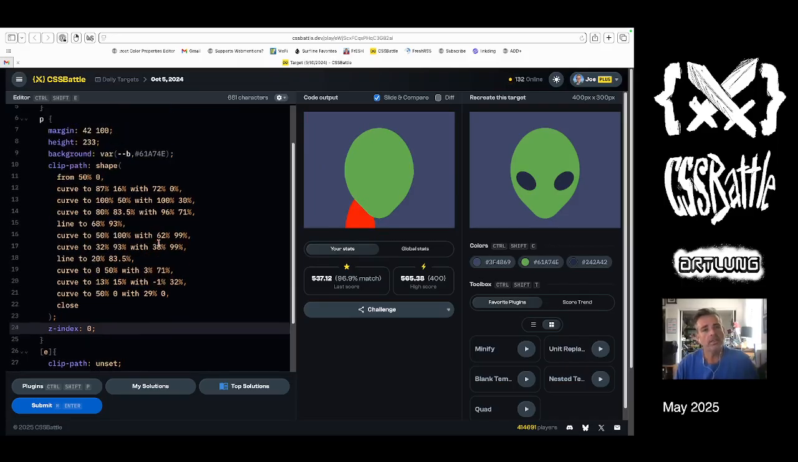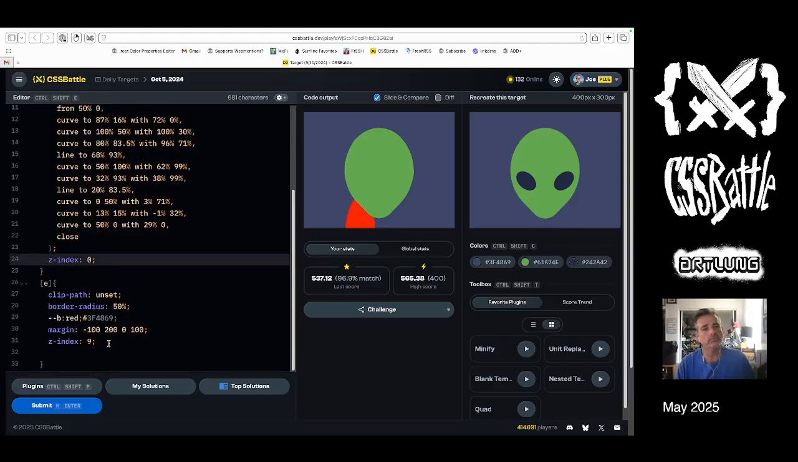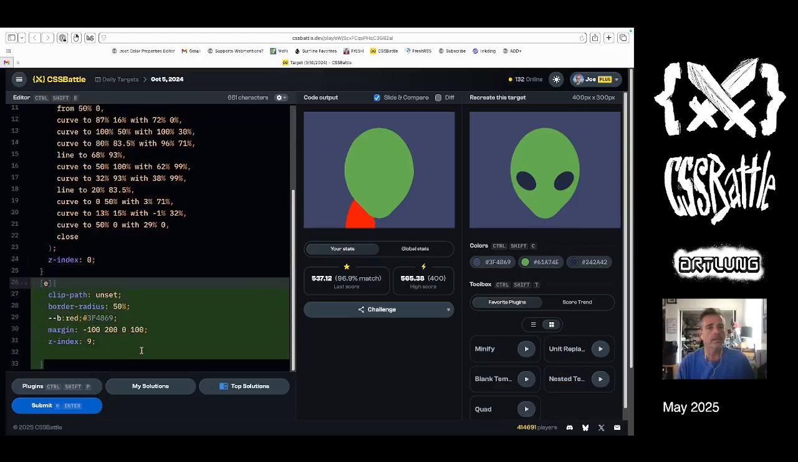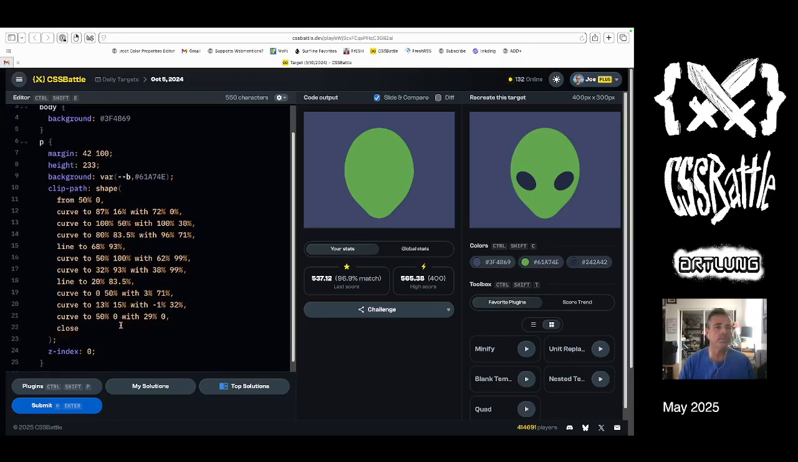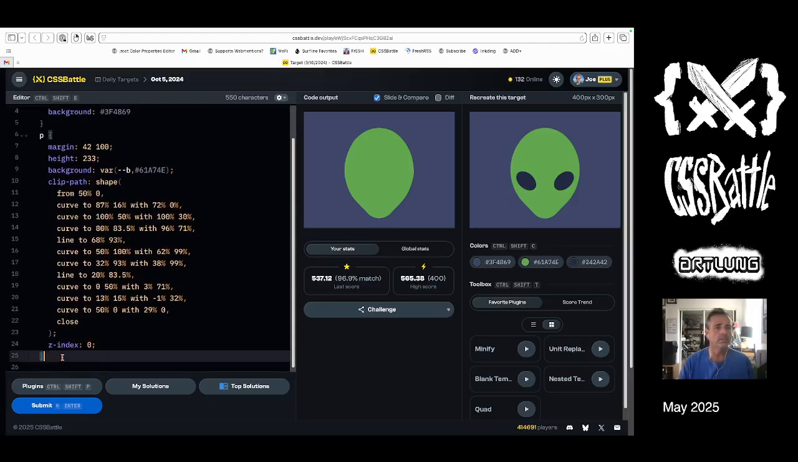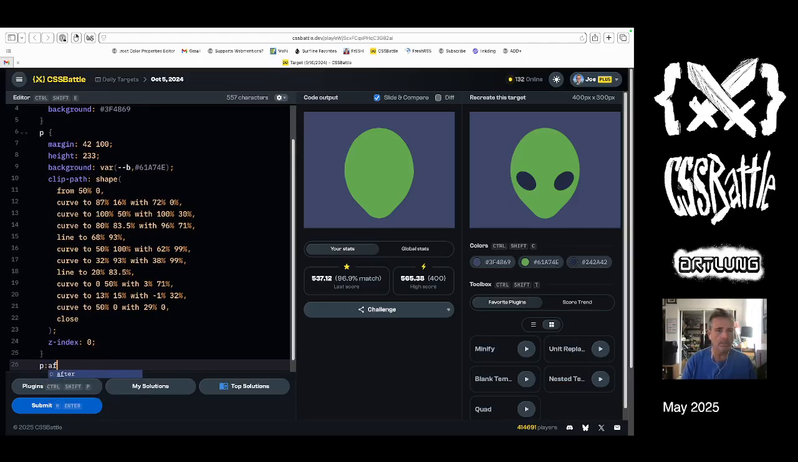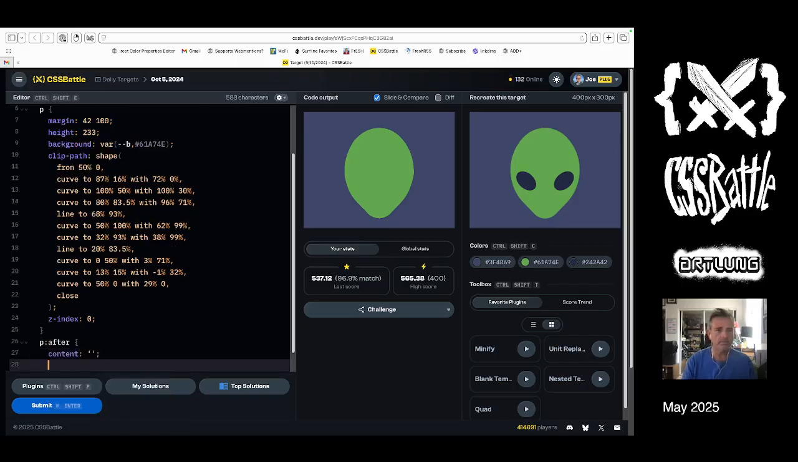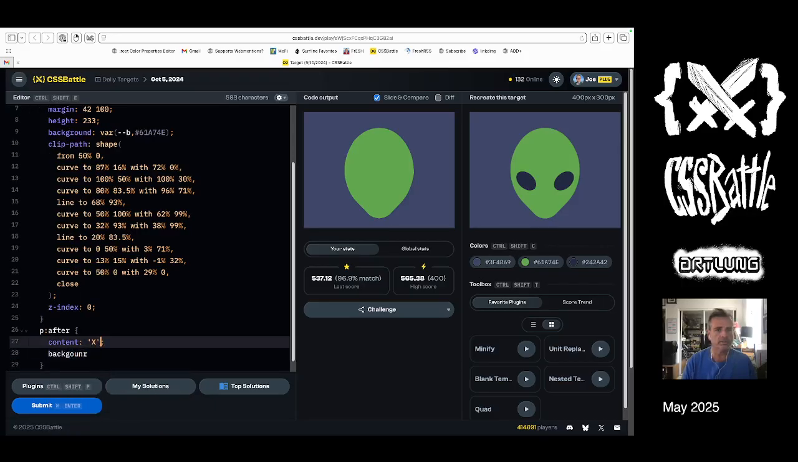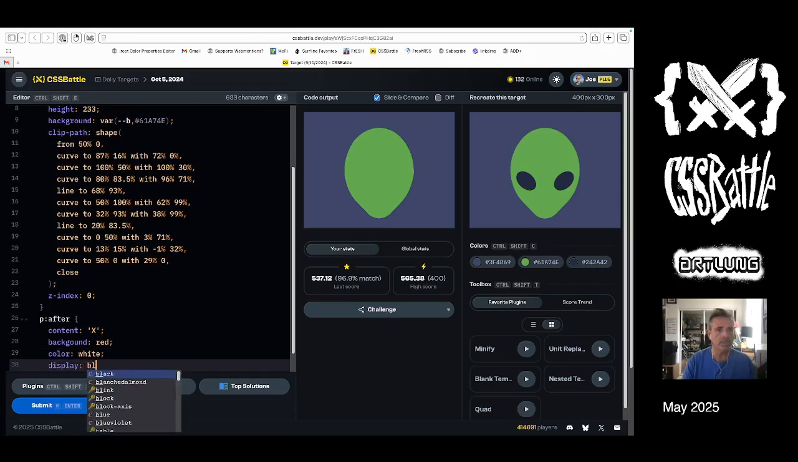So if I can't do that, what can I do? That's disappointing. So let's not do that. And instead, we'll do a p:after. Good. So content, background, and I'll do the word X. Background red, color white, display block,